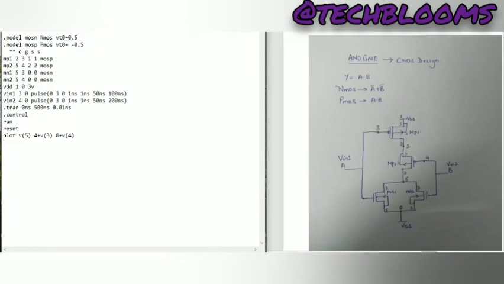Now next is just dot endc to end the control, then dot end. So this is basically how you write your SPICE code. The first section comprises the model name. You need to declare all the models which you are using and the model description. Then you have the sources which are used and the transient response to draw the output. Dot control is just to get control on the plot waveforms, then dot endc, then dot end. So this is basically how you write your SPICE code.